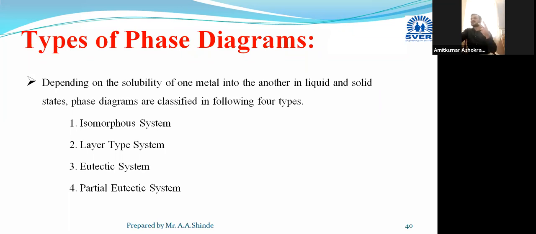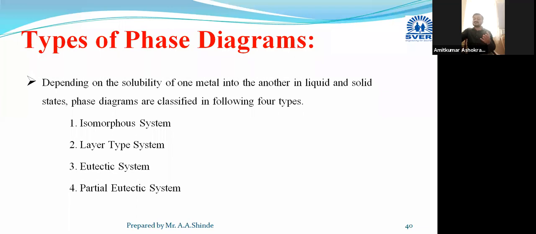Then in the second point, write down a few examples. And in the third point, you have to highlight one alloy, and you have to explain what exactly happens if you cool it from the liquid state to the solid state, or up to room temperature. There may be one alloy you can take.